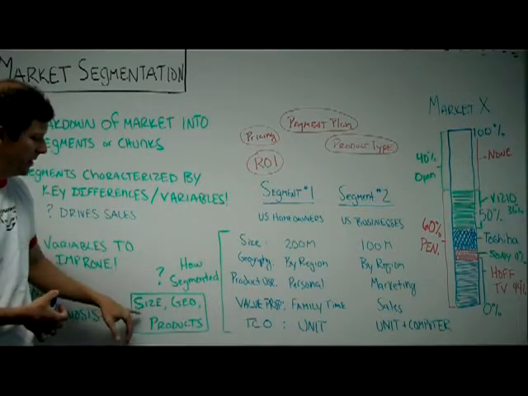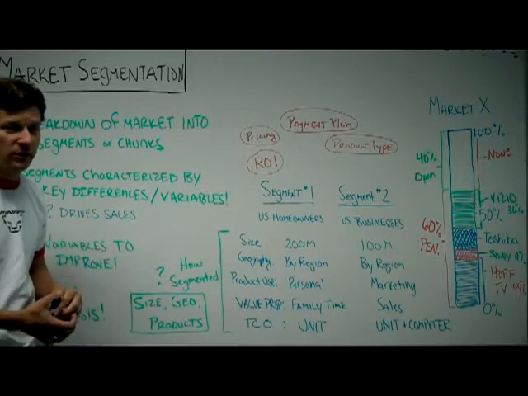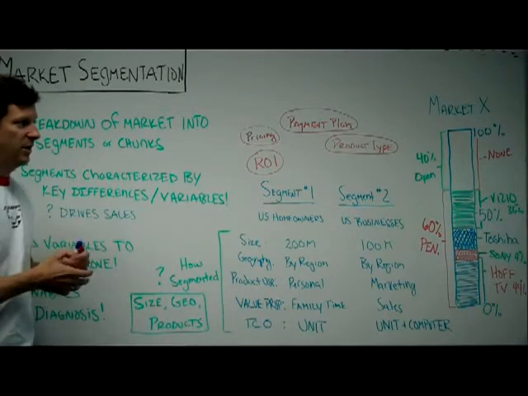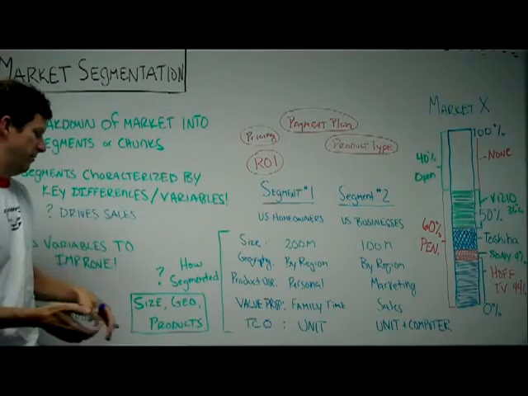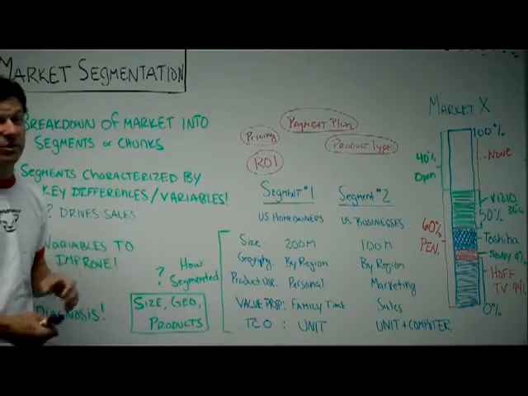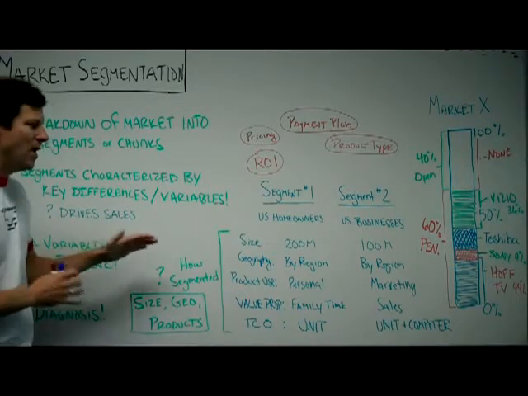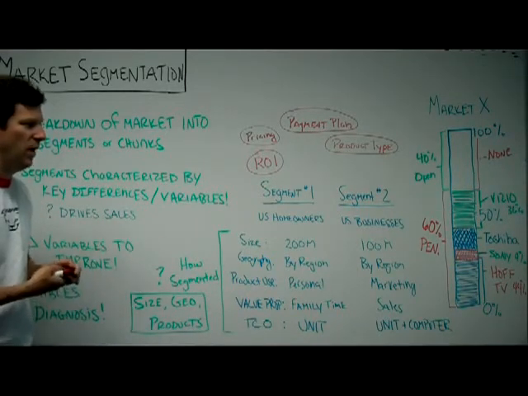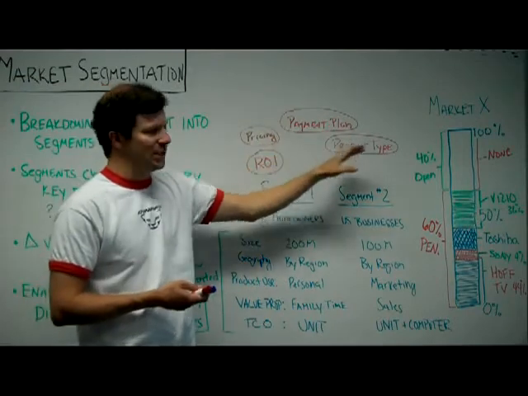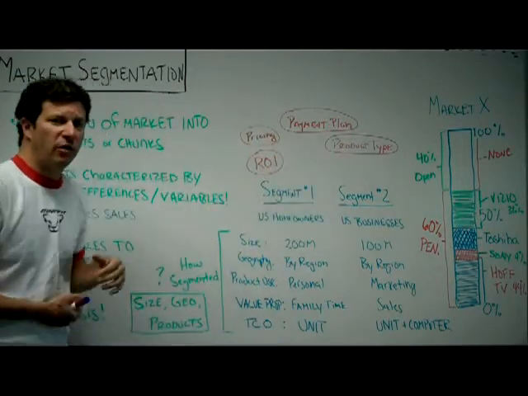Normally, people are segmenting by size, geography, or product use. They're saying, I've got big customers and small customers. I've got customers in the East and customers in the West. I've got customers that use my tiniest flat panel or my largest flat panel. So there's no right way to do this, but you should pretty obviously see the segments that emerge in your own business. And then you've got these other variables that you can change about your product floating around out there